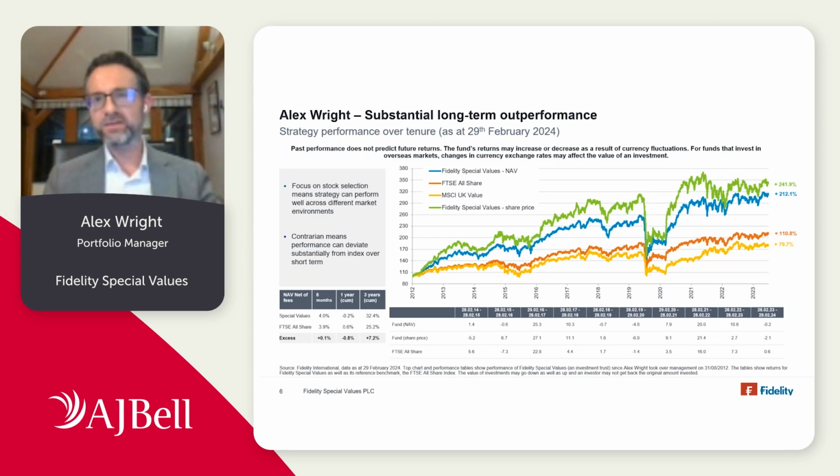Over a 3 to 5 year view, what we're looking for is substantial outperformance of the UK market. And that is something we have delivered. So you can see here that over this period, the FTSE total return has been about 110%, where Special Values, including dividends, has produced a 240% return, and the NAV about a 212% return. So roughly double the returns of the market over time,